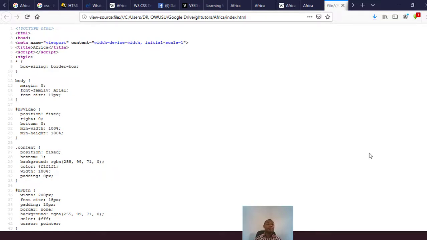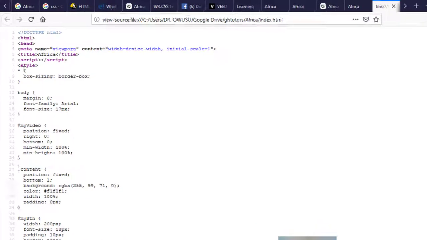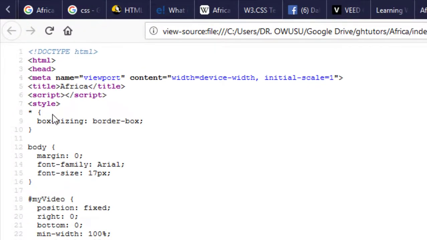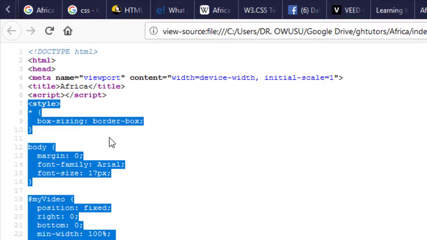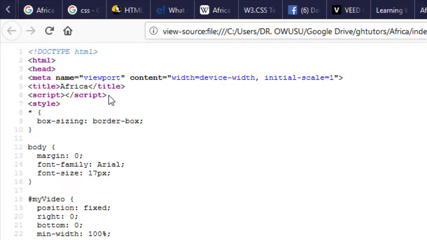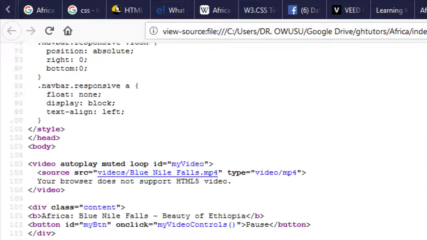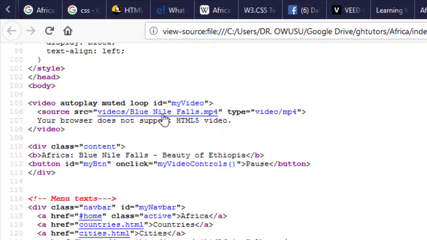That is made up of several parts. Now the style here is this CSS. So this is the CSS component all the way down. We also have the script component, the JavaScript component. And when it comes to the body of the page, where we have the video, this is the video. So we have the HTML component also here. So this is what we are going to learn